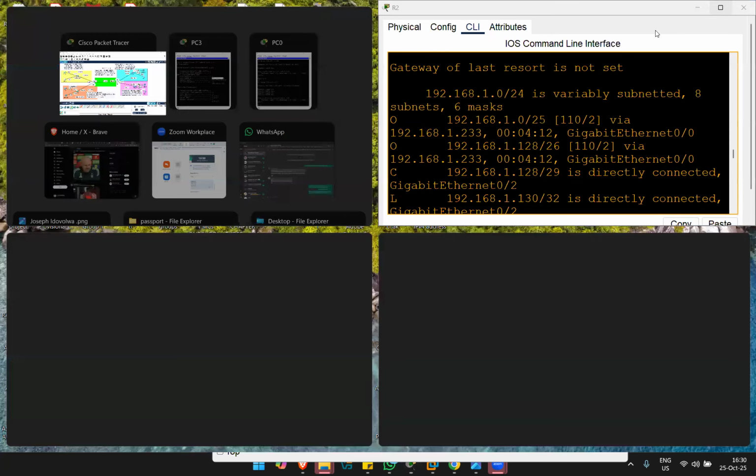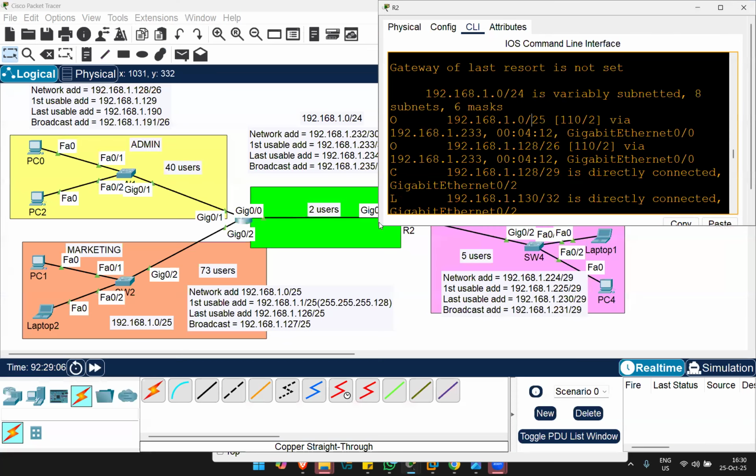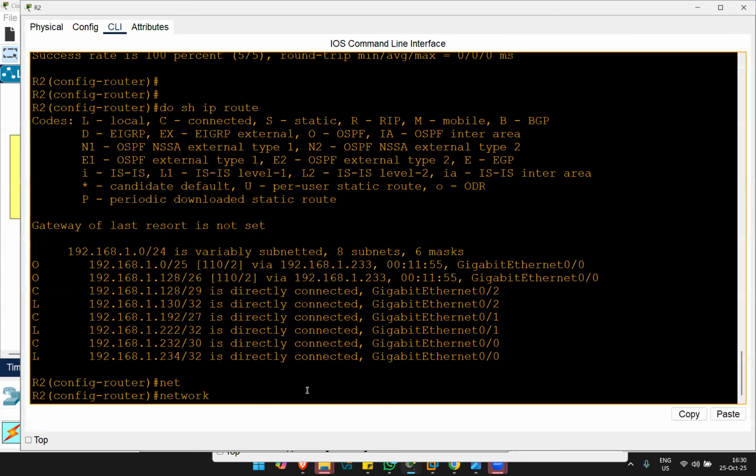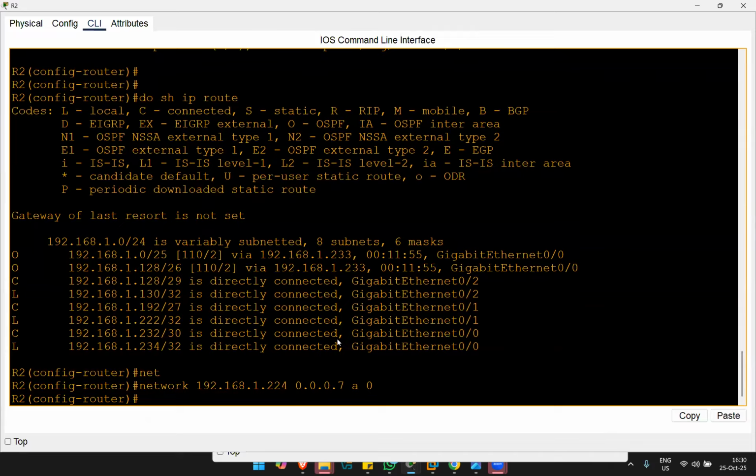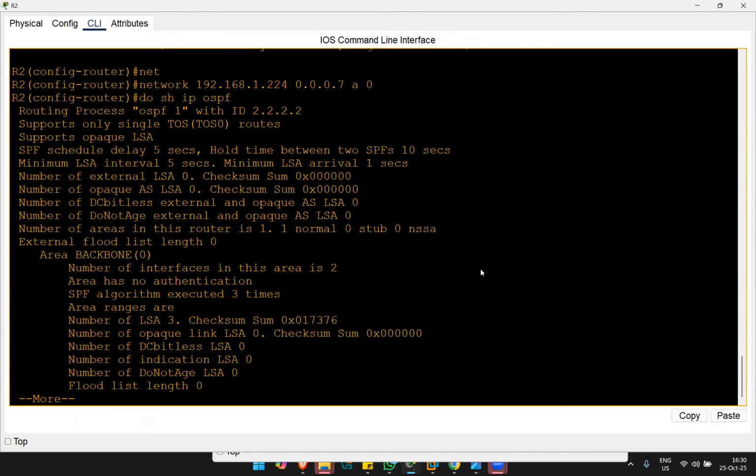192.168.1.224, and it is /29. So for /29, which is 248, the wildcard should be 0.0.0.7 area 0. So if I say do show ip OSPF, and